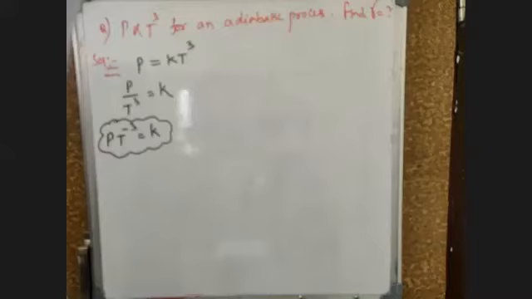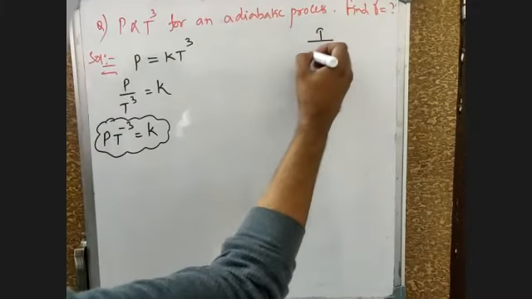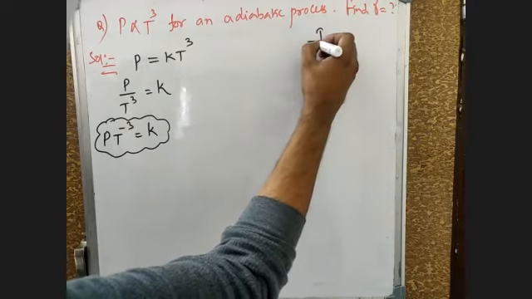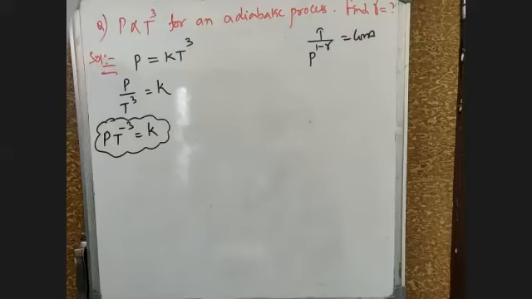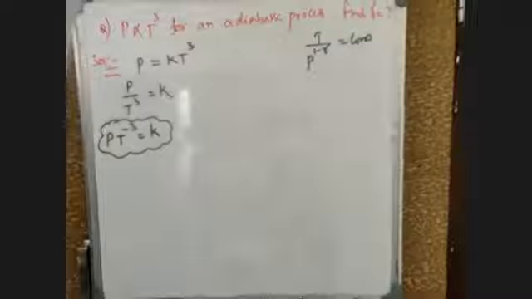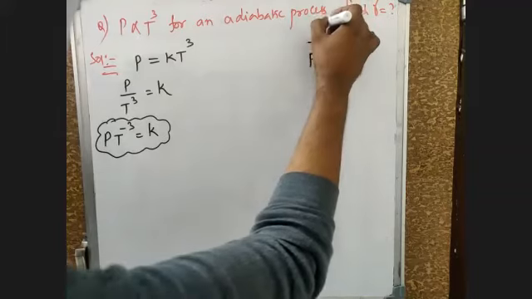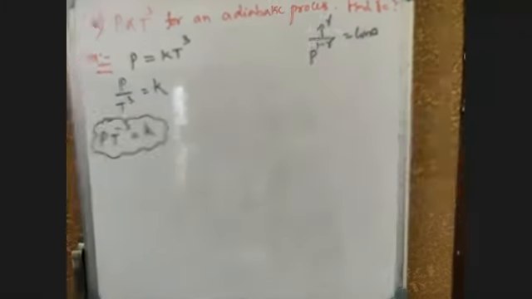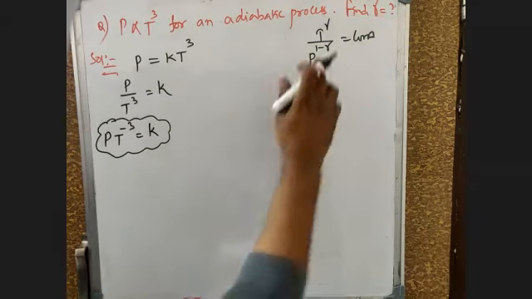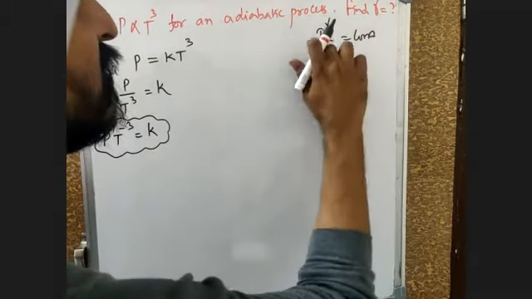So now I also know the relation, T by P to the power of 1 minus gamma is equal to constant. If I am taking the pressure upward, this will become how much right now? It will become P to the power of gamma minus 1 and T to the power of gamma. So this will become how much if I am taking in the upward direction? This one is P gamma minus 1 or 1 minus gamma? This is gamma minus 1, right? No, sir, it's 1 minus gamma.